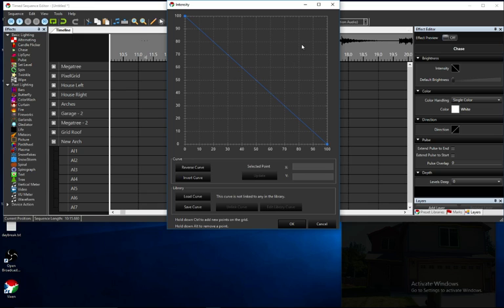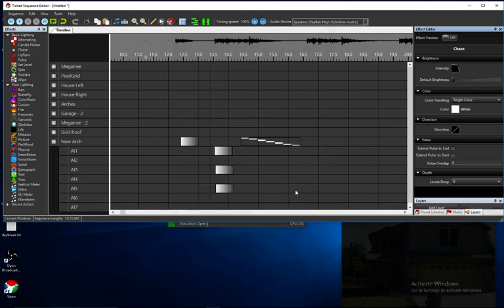Sometimes you can even add a point in here and have it fade off real fast at the end. To add points, you hold Control and click, and then I think you can delete them by hitting Alt and clicking on them. Okay, so now that's